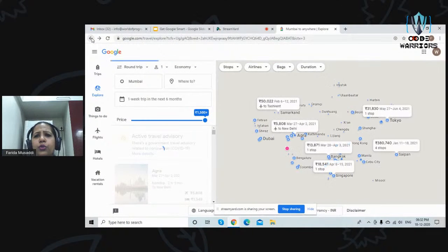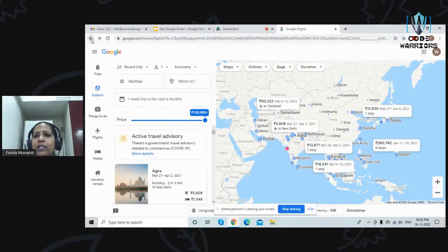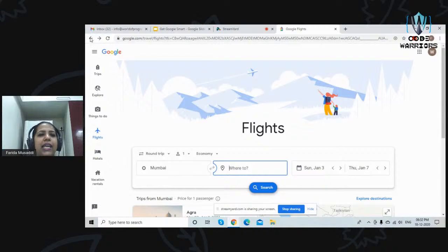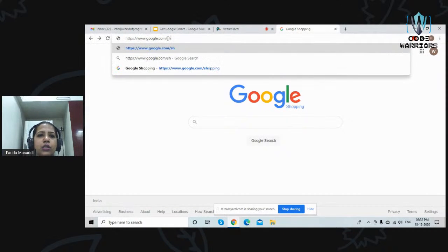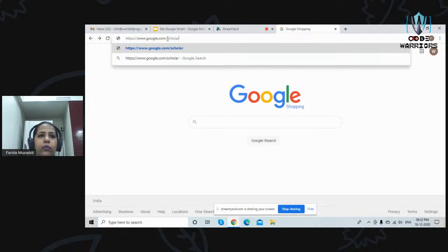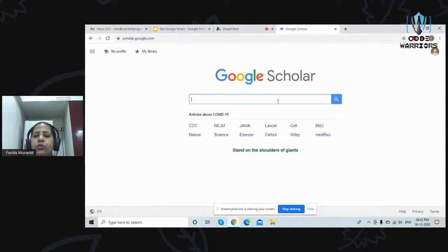And for those of you who are more literary kind like me, there is another specific application of Google, which is Google Scholar. If I go to Google Scholar, here you would see everything which is related to articles and magazines and publications, medical journals that you are interested in.